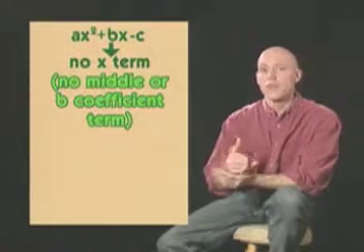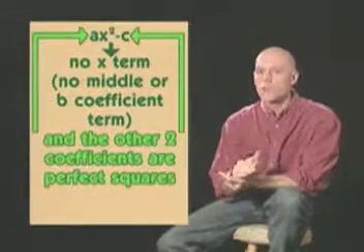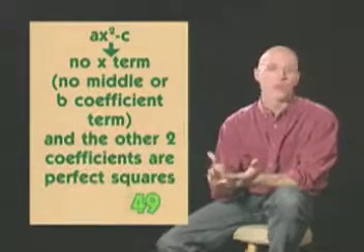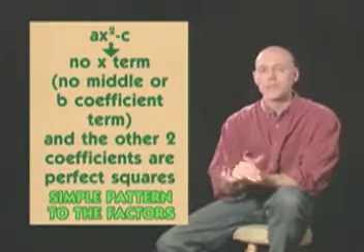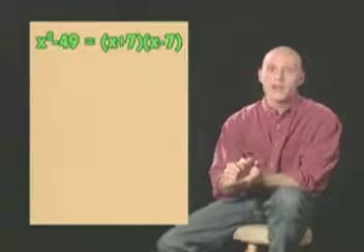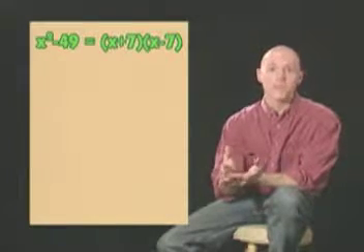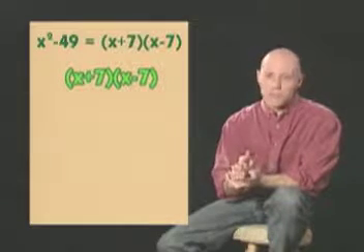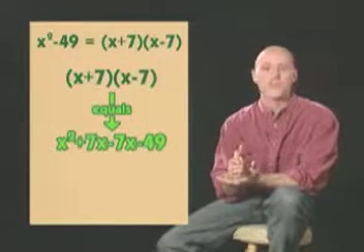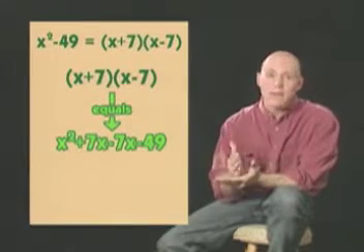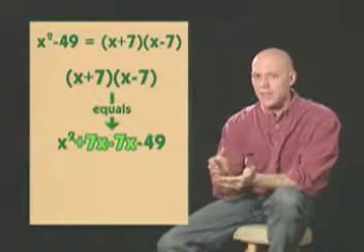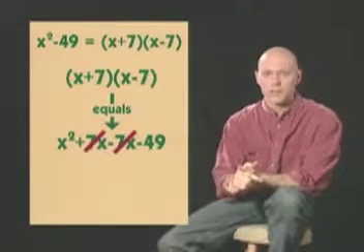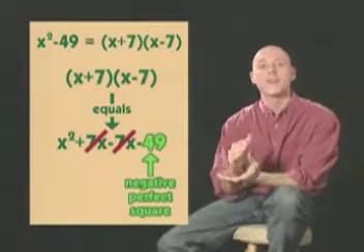When there is no x term, that is, no middle or b coefficient term, and when the other two coefficients are both perfect squares like 49 or 25, there's a simple pattern to the factors. Check out this example. X squared minus 49 equals x plus 7 times x minus 7. You can FOIL to check. X plus 7 times x minus 7 yields x squared plus 7x minus 7x minus 49. Notice how the 7x terms effectively cancel each other out,